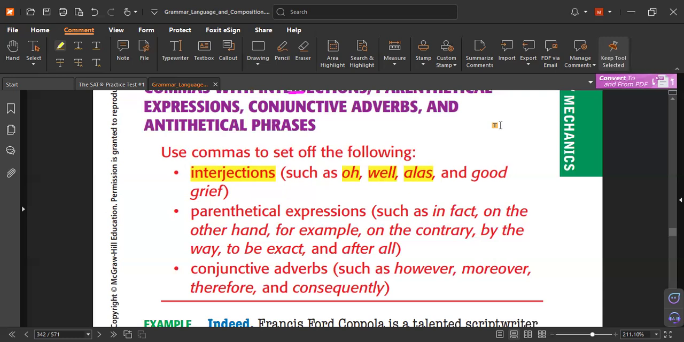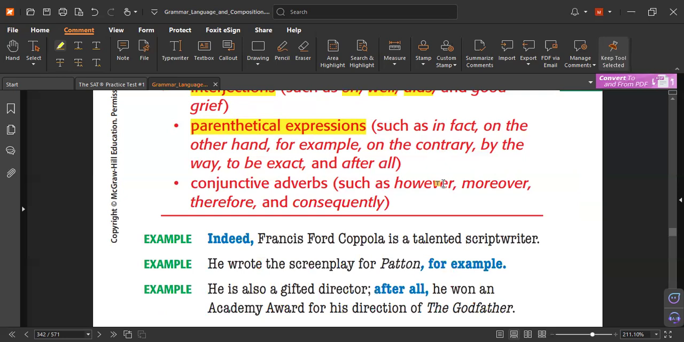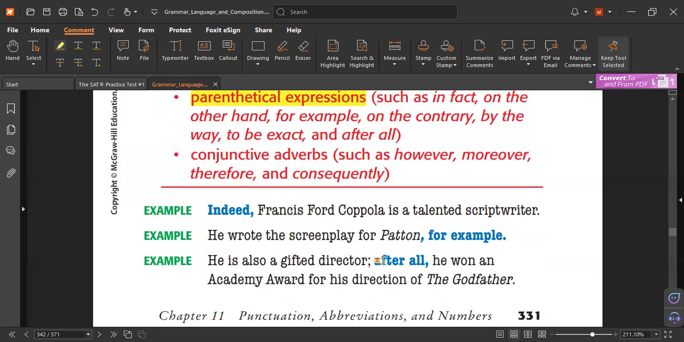Okay, how about sentential expressions? Do you remember conjunctive adverbs? In fact, on the other hand, sometimes we call them sentential expressions. If we use them in the middle of the sentence, two commas; at the beginning, comma after; at the end, comma before. Remember this point, it will come in the test. Here, after all,